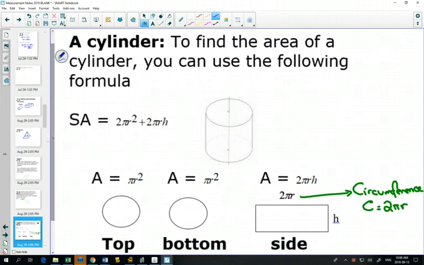The circle on the top, have you seen that formula before for area of a circle? Pi r squared. And so we'd have pi r squared on the top and a pi r squared on the bottom. And so our surface area would be adding up those two circles and that rectangle. And the formula itself for surface area of a cylinder, 2 pi r squared plus 2 pi rh,